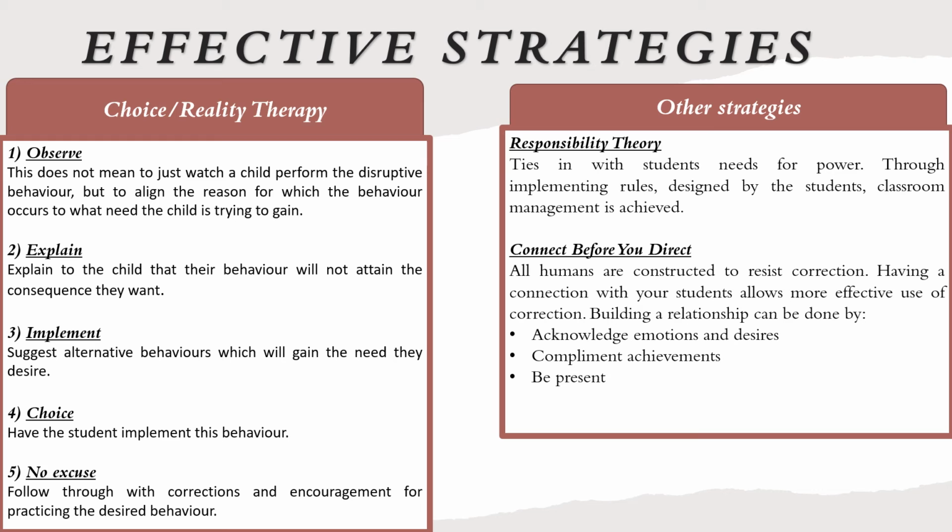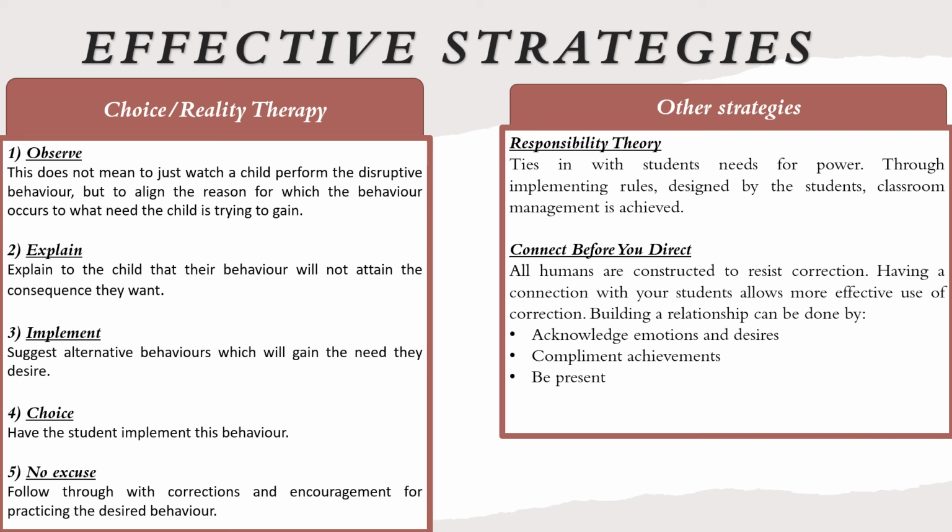There are 2 components that make this method effective. The first premise is that student chooses their consequences, followed by the relationship a teacher has with their students. In having students recognize the consequences of their actions, they feel as they are in control of their own world, meaning they will behave to achieve what they want, in turn modeling appropriate behavior for the classroom.